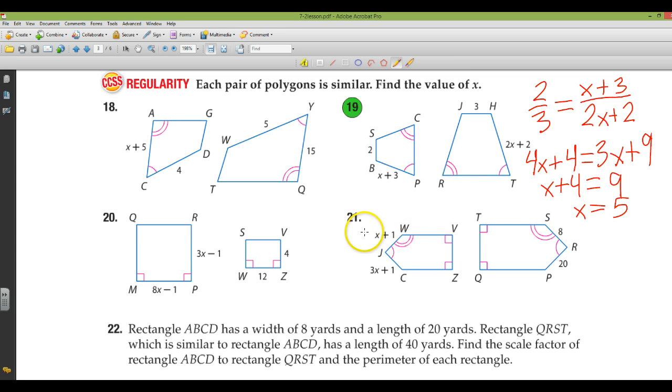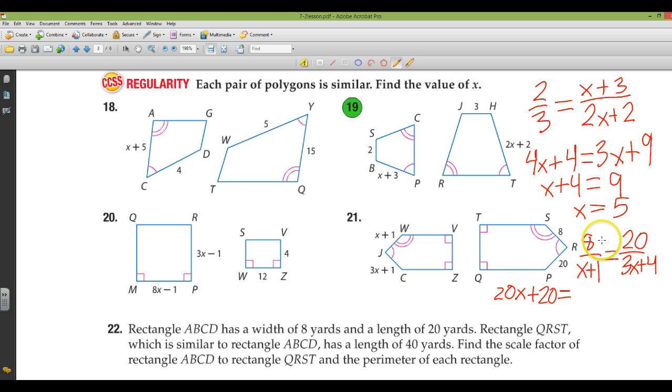For number 21, once again, we would set up a proportion. So 8 is to x plus 1, as 20 is to 3x plus 4. And cross multiply. So we're going to take 20 times this quantity, so we get 20 times x is 20x, plus 20 times 1 is 20,